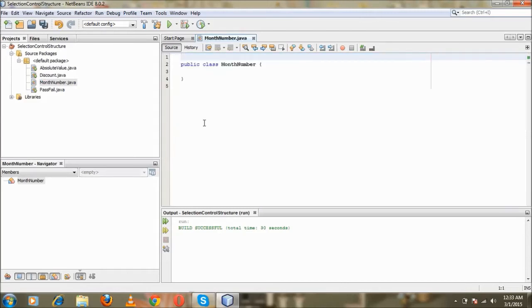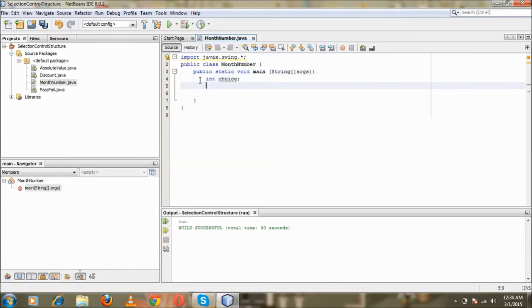Import javax.swing.*; public class month number, open curly brace. Public static void main(String[] args), open curly brace. int choice; String choice input;